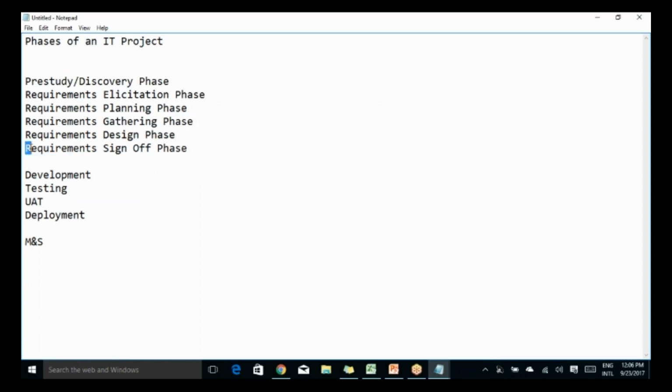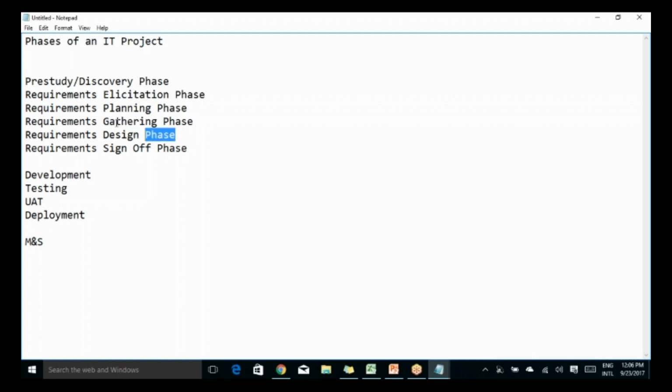Once you have done that, you would enter the requirement design phase, wherein you would be creating the use cases, which we would be covering in our subsequent session. Then you would be defining the data models and the process model. All of this would be covered in a subsequent session. The design phase is like explaining in detail what the requirement is from the business.